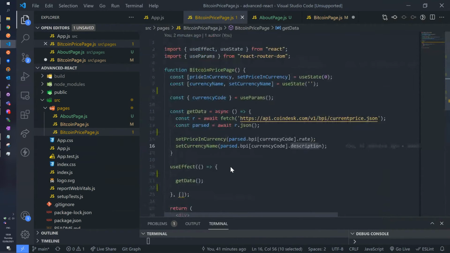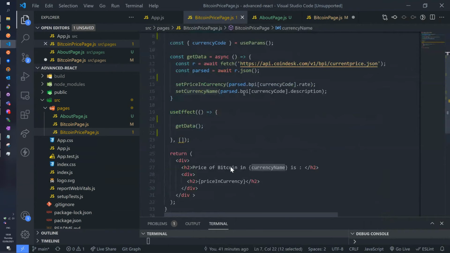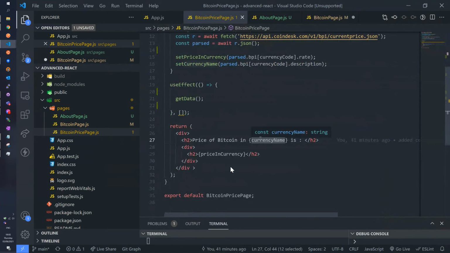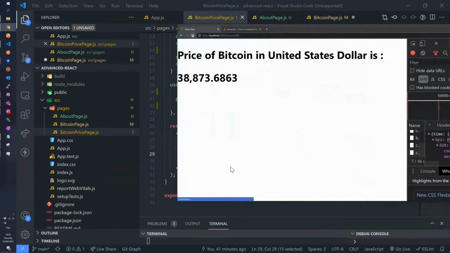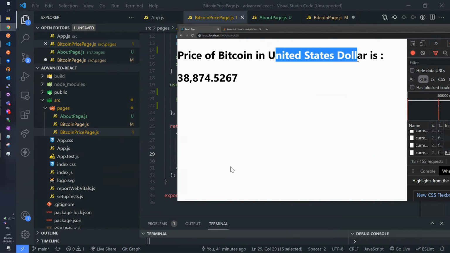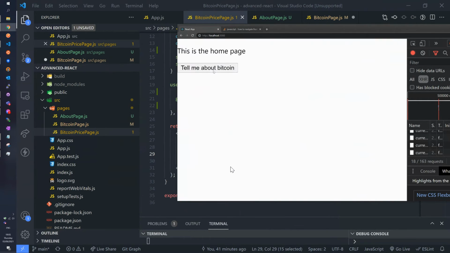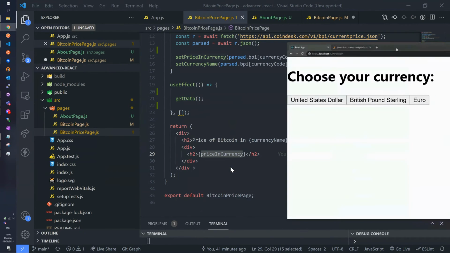And then these two variables, price in currency and currency name, I then put them in this dynamic text right here, currency name, price in currency. And then I want that to appear on the screen. So that already appears. You've seen that happening. So again, when I just refresh the page, you see that this part doesn't appear immediately, right? Like it takes a while until it loads. That's the time it takes to do that API request. Yeah, so that's pretty much it actually about dynamic routing with the paths.